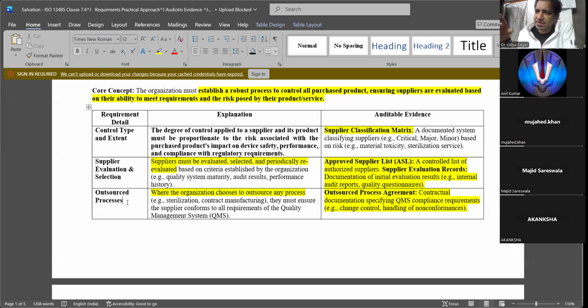What are the qualifications of the manpower doing the sterilization? And you should have traceability of your products. Suppose you are sending 1,000 products for sterilization and he has sterilized them. What traceability do you have that the 1,000 which you gave for sterilization are coming back?